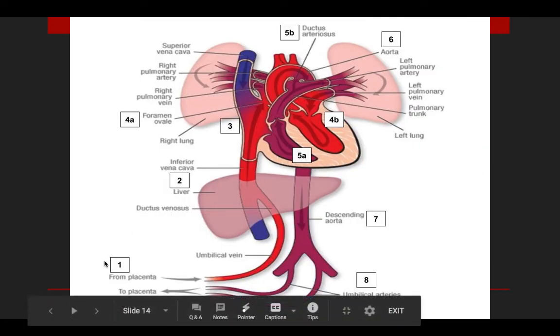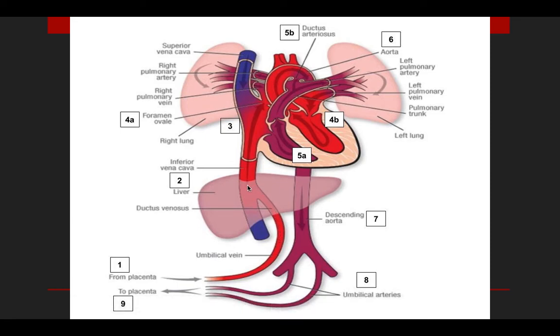So let's start with, here's the blood coming from the placenta. It's oxygenated because it comes straight from the mother through the umbilical vein, through the liver where it can be detoxified and cleaned, although that already happens at the placenta as well, into the vena cava, the inferior vena cava, where it then mixes with deoxygenated blood from the upper body and head of the fetus. And so now you have partially oxygenated blood in the